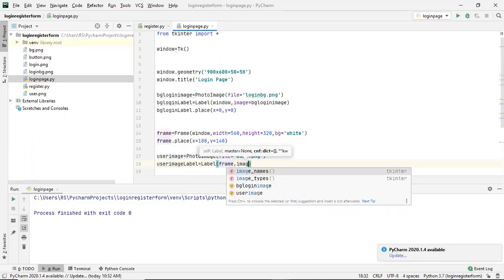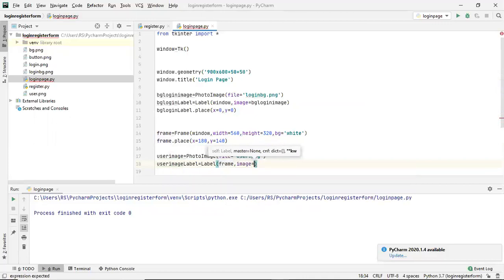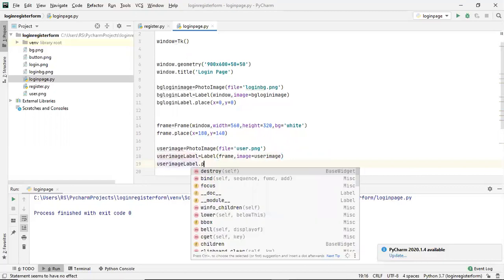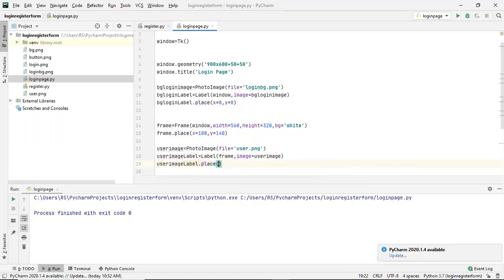So image equals to this user image. Okay, and I'll simply place it. So user label, image label dot place, and where I'll place it, so 50. Okay, now if I got this image here.